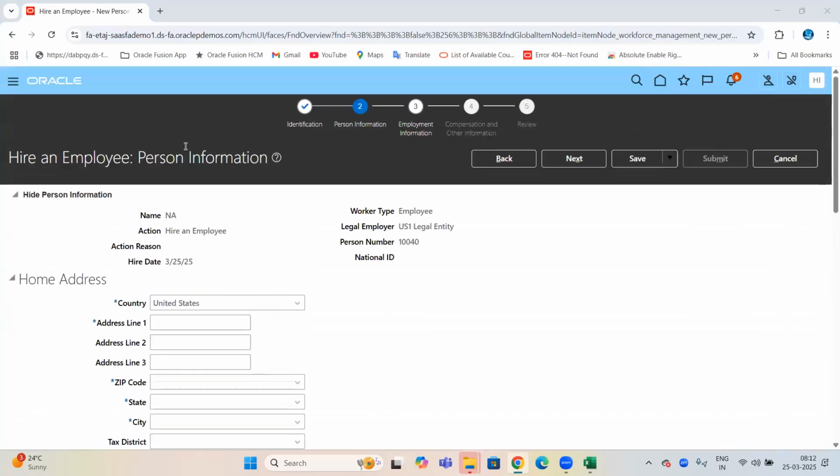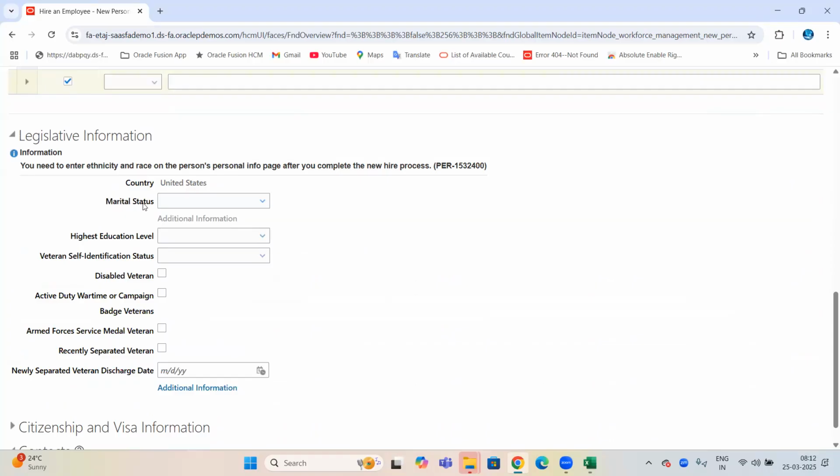On every page, for example, I am on the hire an employee screen. It could be any screen in the Fusion system. Whatever Oracle delivered standard fields are there, if a field comes with a list of drop-down values, they are called lookups,